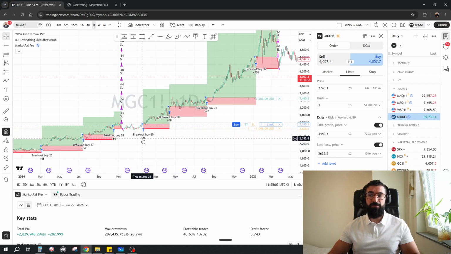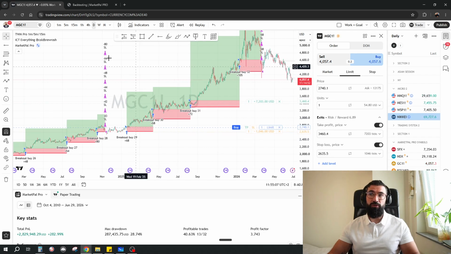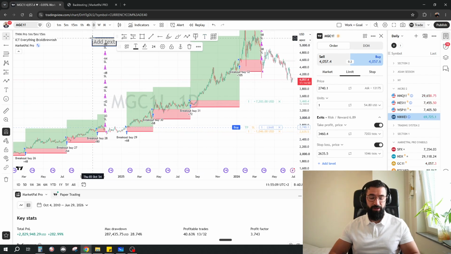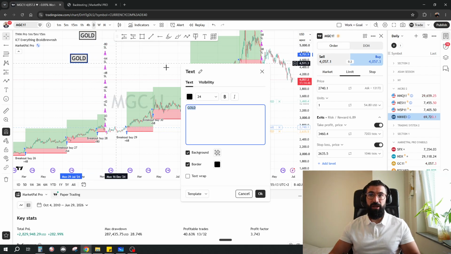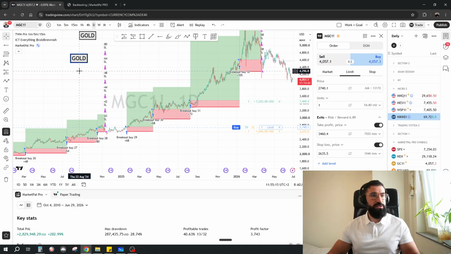So this is January 2025. This is the first trade on gold. This is on gold, by the way. I'm going to do simple math on gold so you can get a sense of how much the profit will be. That's why we recommend that you have 10 to 15,000 at least to enter this system. This is mostly for people who are parents who don't have a lot of time, or